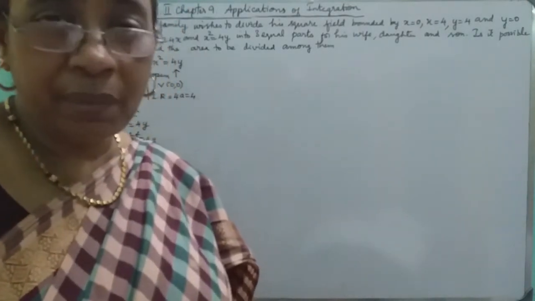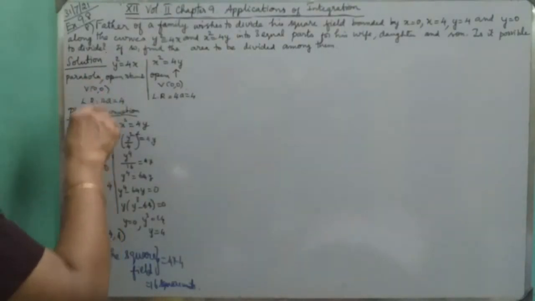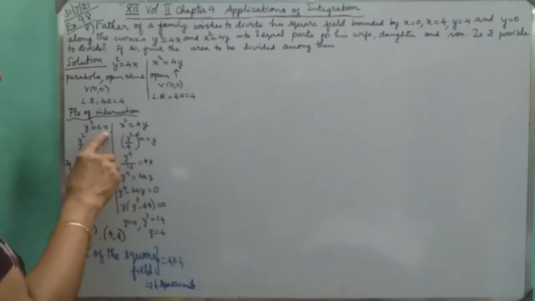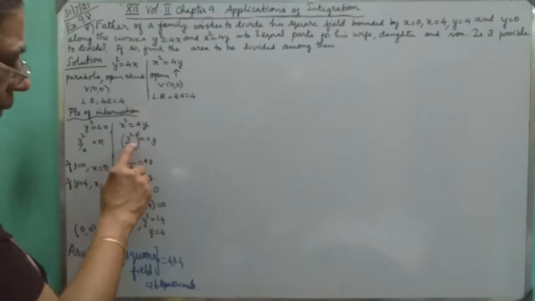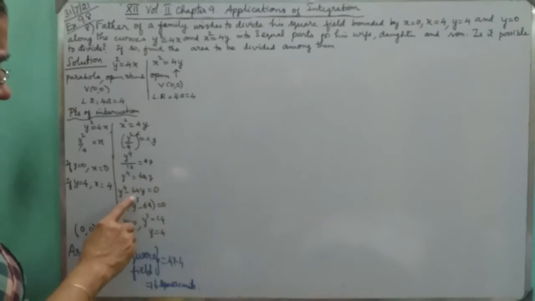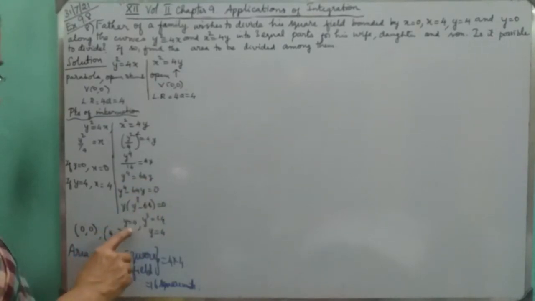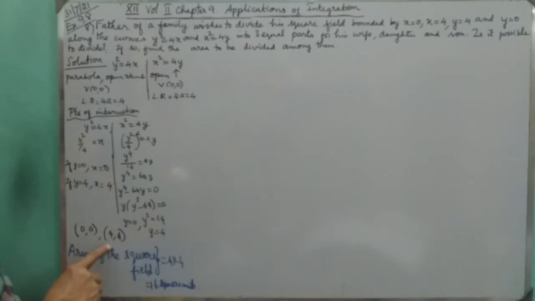First let us see where they meet. So, the points of intersection. We have y square equal to 4x and x square equal to 4y. From this, let us find x, and instead of x we can put y square by 4 in the second parabola. If you expand, you get y power 4 equal to 64y. Taking y out, we get y equal to 0 and y cube equal to 64. So y equal to 4. When y equal to 0, x will be 0. In the same way, if you put y as 4, we get x as 4. So the points of intersection are 0, 0 and 4, 4.